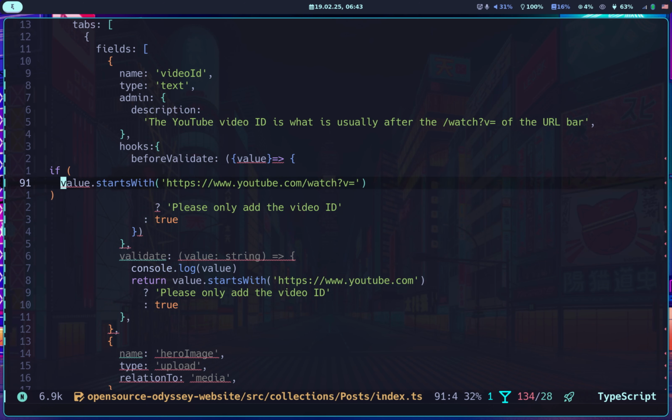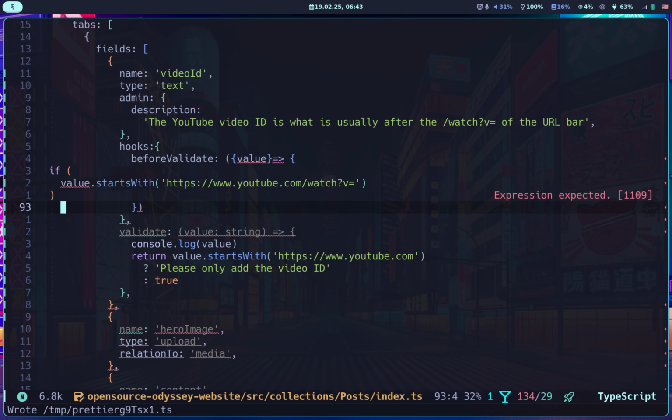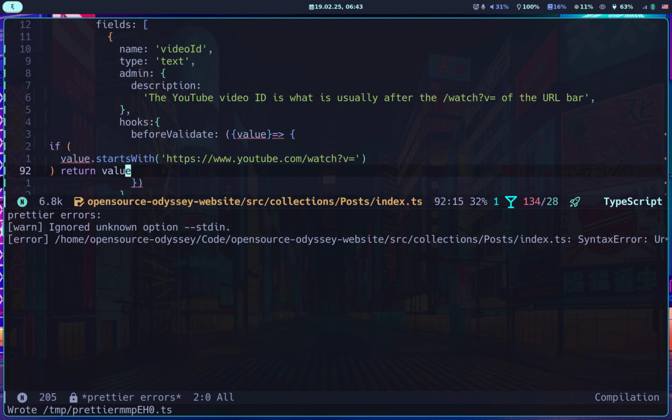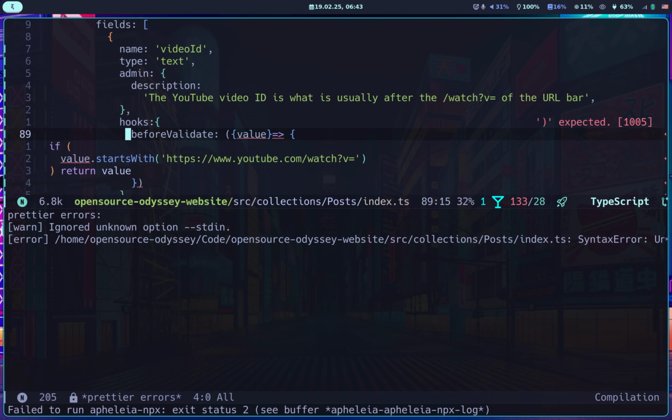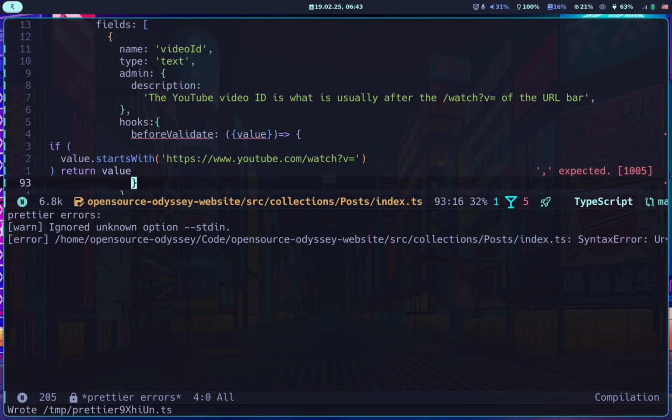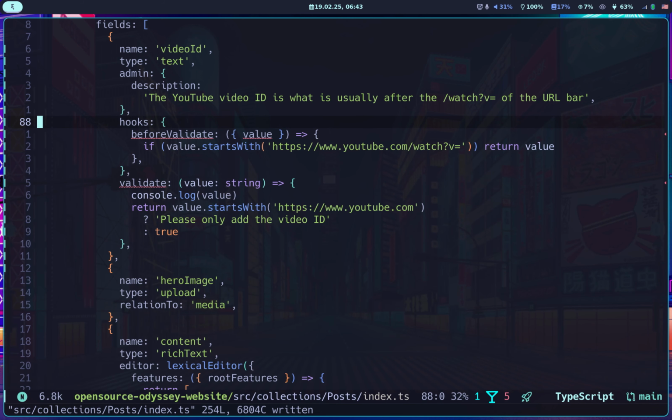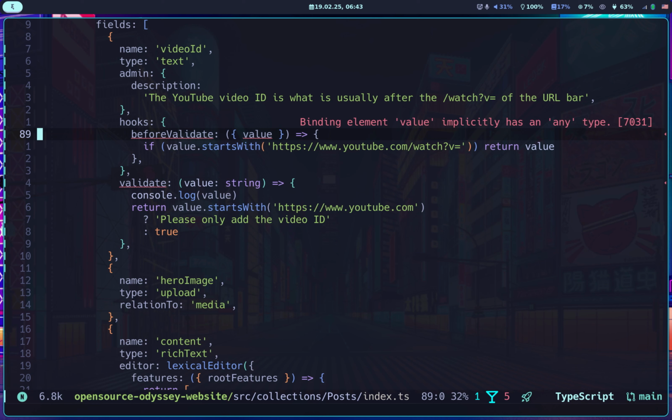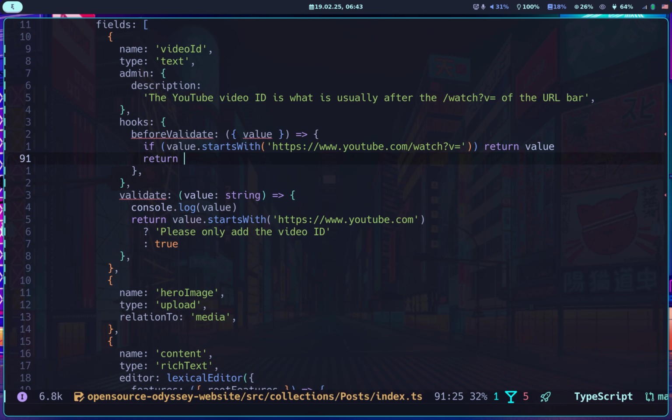So if value starts with... cannot find name value. Why is that? Return value. Oh. Is it because I didn't close my round bracket here? That was it. All right, so first up, let's have the default case where we just return the value, which